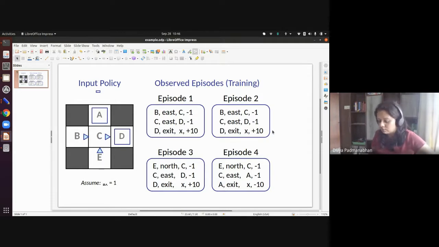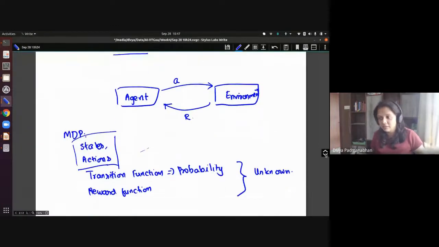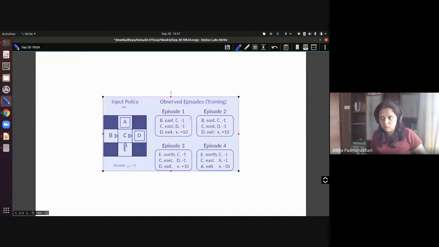In some sense, what you can do is get an estimate for the transition probabilities, and you can also estimate the rewards. In this example, of course, the rewards are always +10 or -10, so this is fixed, but more generally, even the rewards themselves could be random. For the transition probabilities, you can have a probability of going to each of these states, and for each of these the rewards can also be random. So you can get an estimate. You can actually try to learn the MDP now with this.